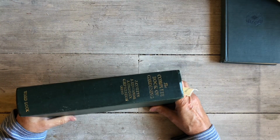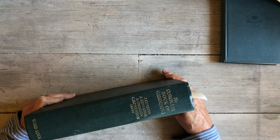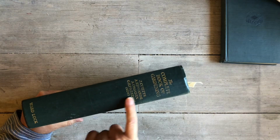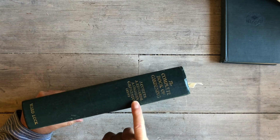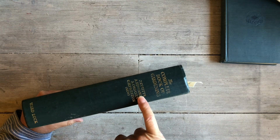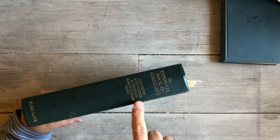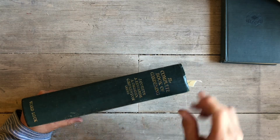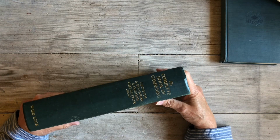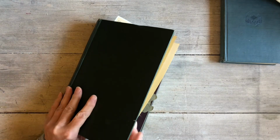It's the Complete Book of Gardening, and it says Q on there. So these must be gardening writers involved with Q. It might be a book about Q, I don't know. I'll have a look. But I do have a surprise to show you as well. Just going to put that in there. Right, so